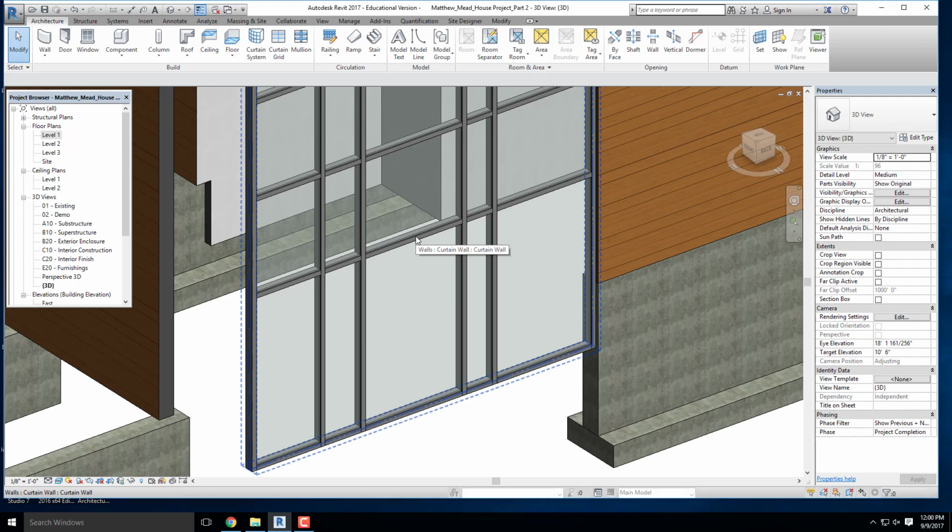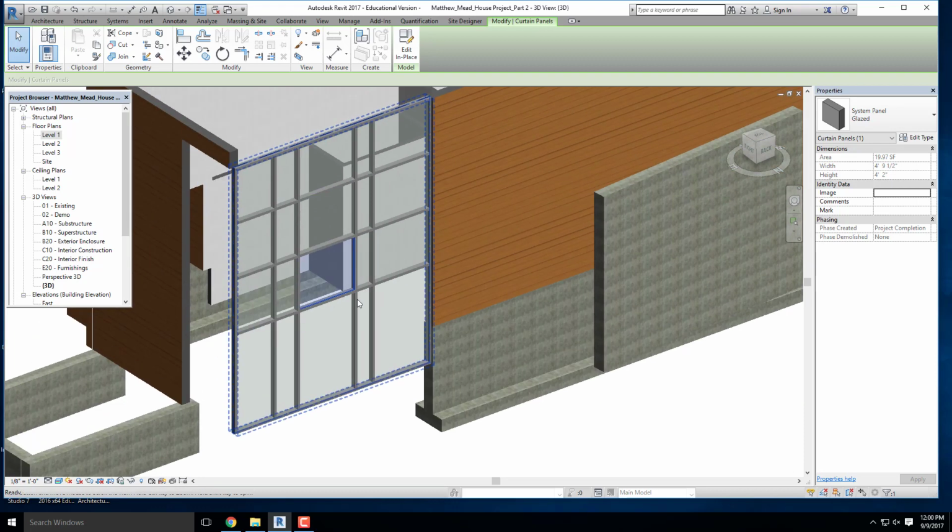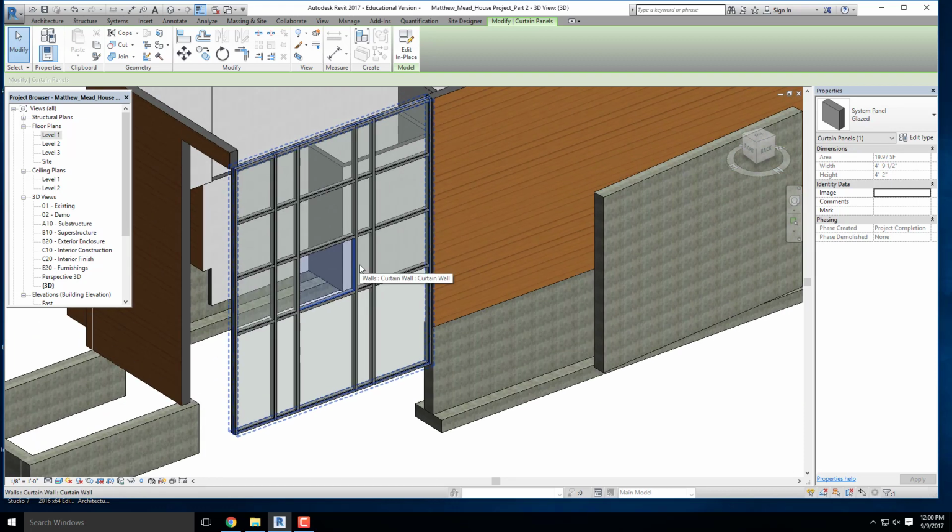That is now asking me, do you want to select the entire thing? I could hit tab again, and I'm now selecting the grid line. I could hit tab again, and I can now select the actual individual panel. I can actually alter individual pieces of glass if I wanted to. So if you wanted to get kind of crazy, and I actually do see this in real life,